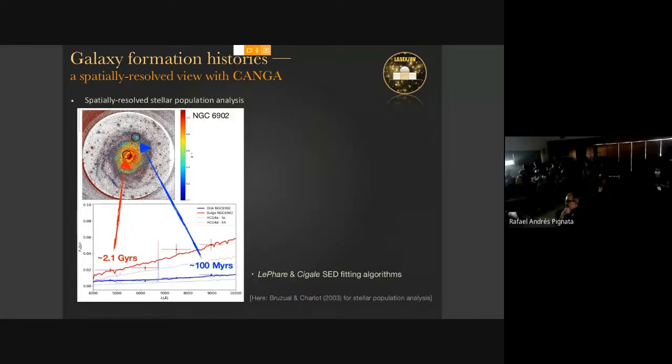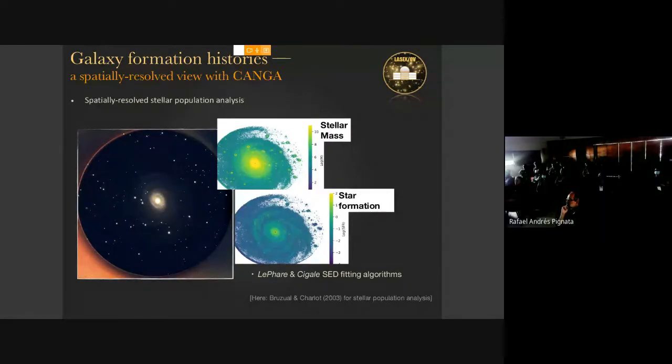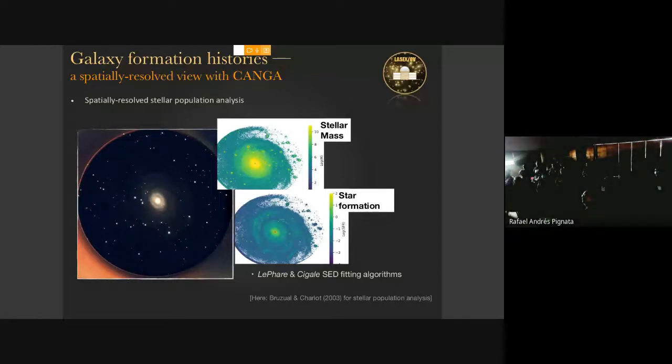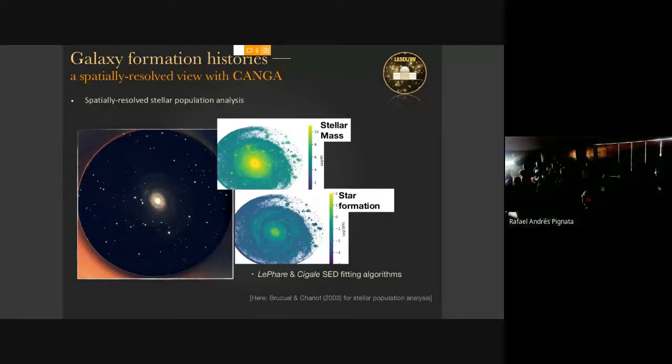So we're feeling quite excited with this. And this is just to give you a sense. I mean, the point is we'll have images of these galaxies, and we can say, well, this region here is younger than this region here. So we run CIGALE, and we'll actually be building these kinds of maps: stellar mass, star formation, stellar age. This is ongoing. This was one of the first galaxies that we looked at. And the idea is to actually have this as a legacy for everyone, not just people in the south.